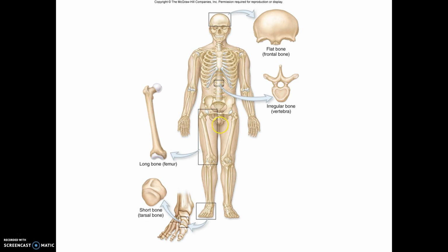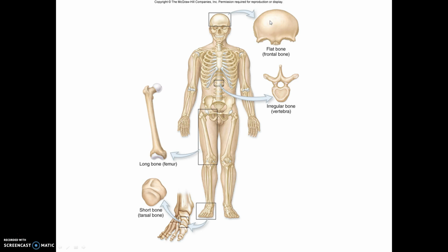The patella is a short bone, but it's also considered a sesamoid bone, which is a floating bone because it's contained within tendons and ligaments and so forth. Flat bones are shown, for example, here in the skull,